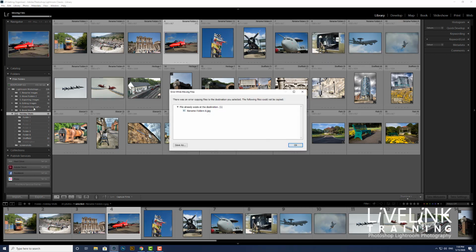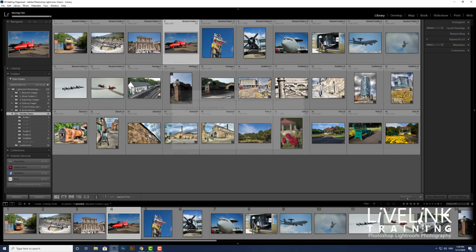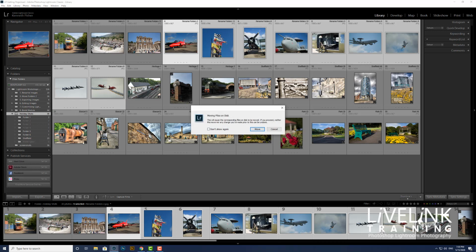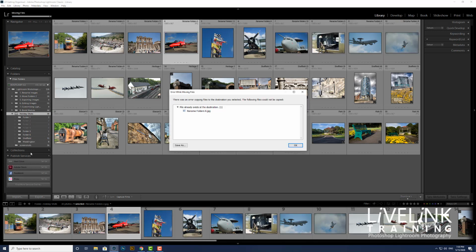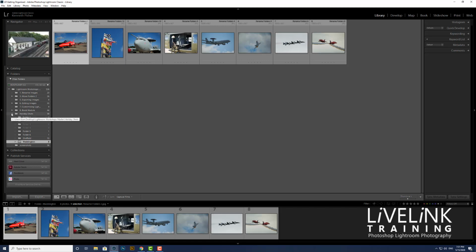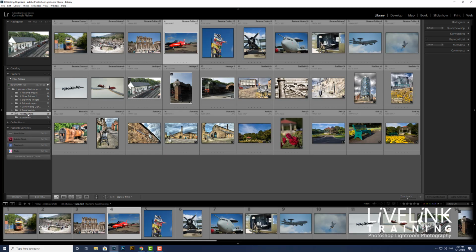So I'm now moving files around, and it already says this one already exists, so it can't do it. That's okay. Let me try that again. There we go. But now in Waddington, we've got 8 of our images in a separate folder. So everything that you need is actually in Lightroom to be able to do this, to make folders, to delete folders, or if you want to delete an image,